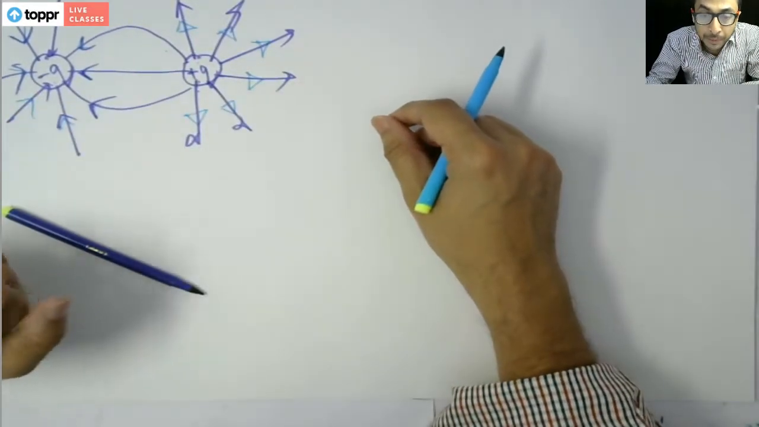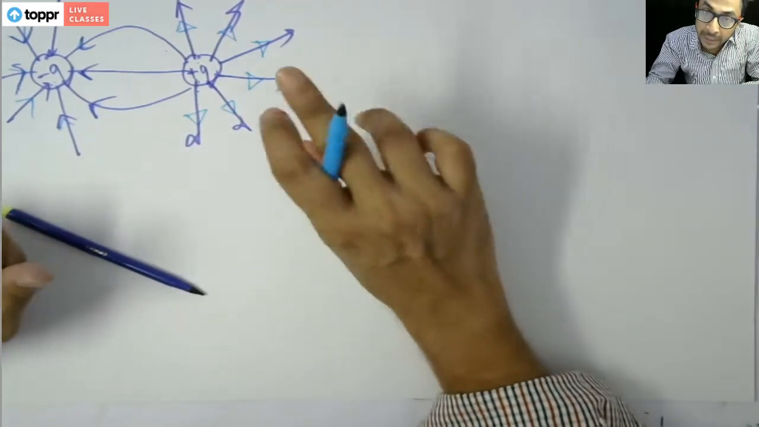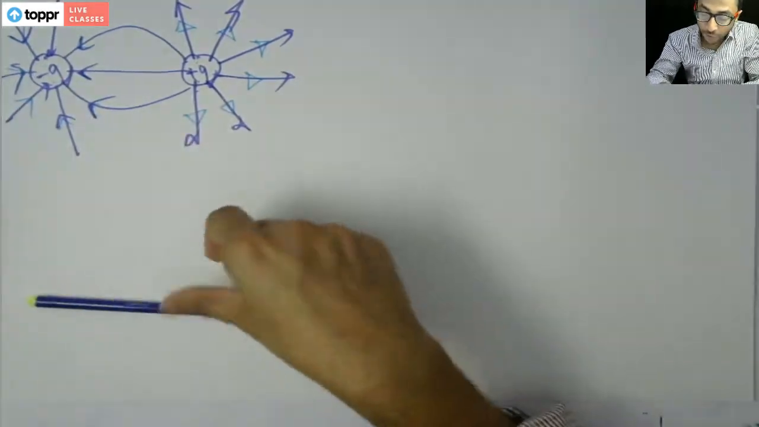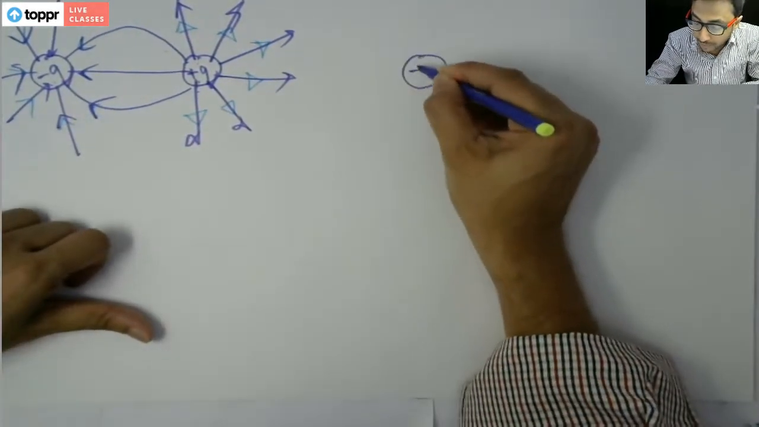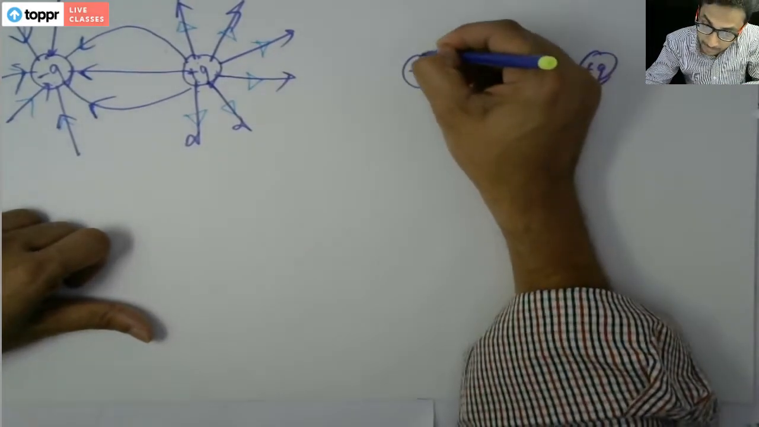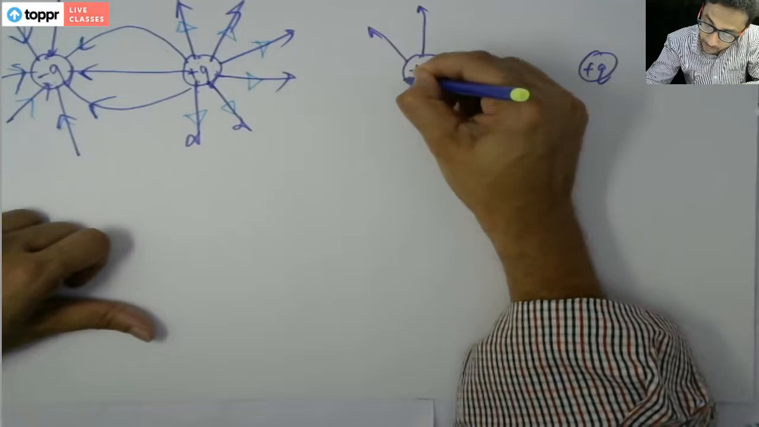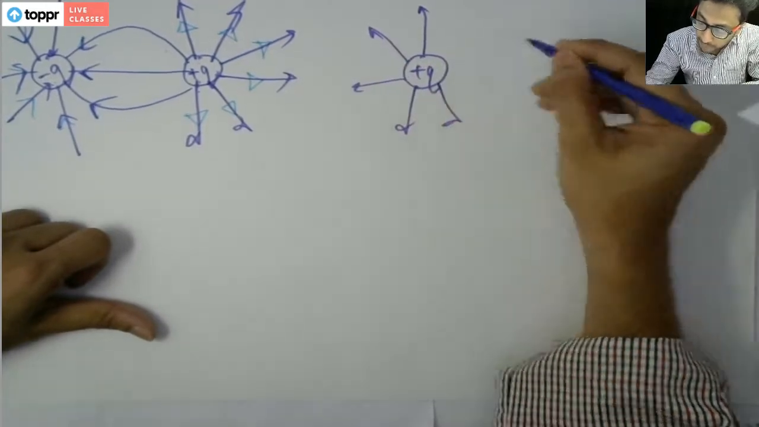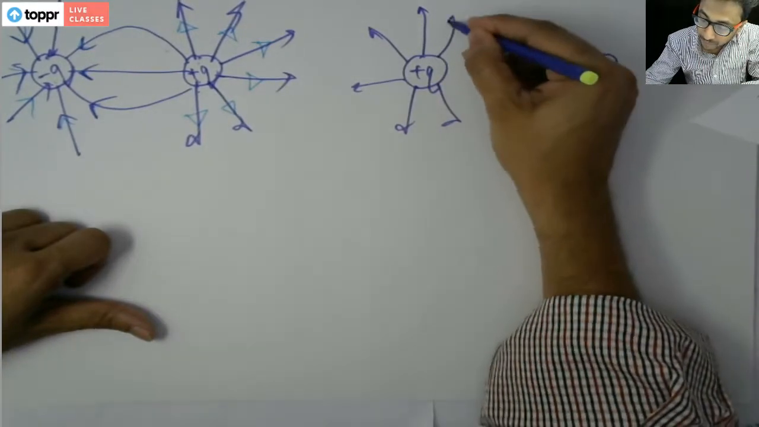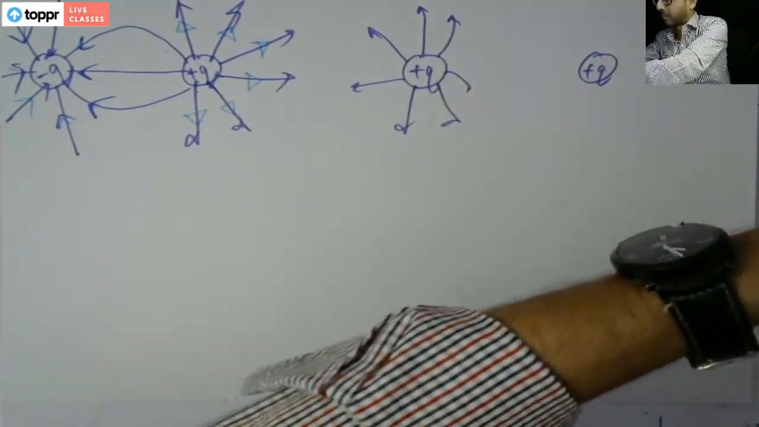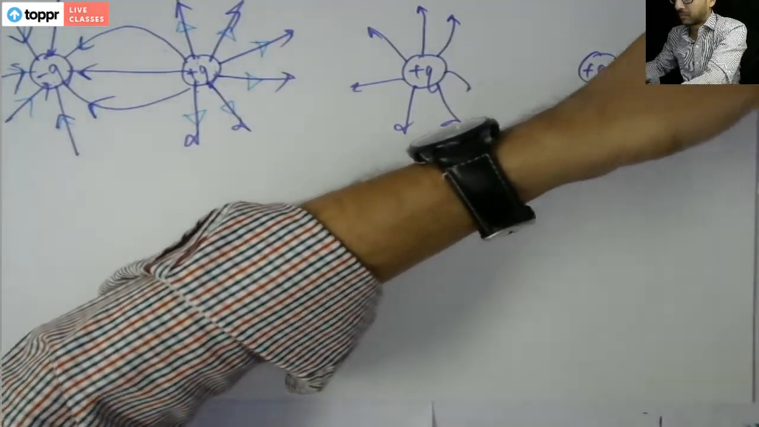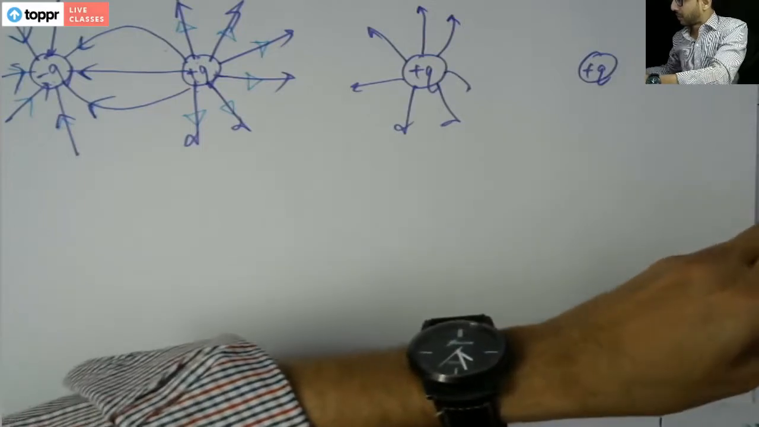Now what will happen if we take two similar charges? This will try to go radially, but what will happen because of this, the forces will be